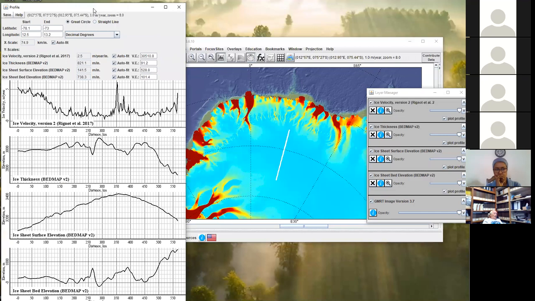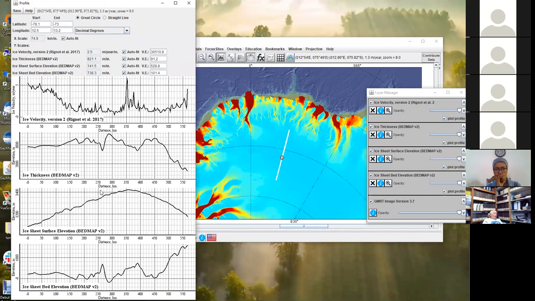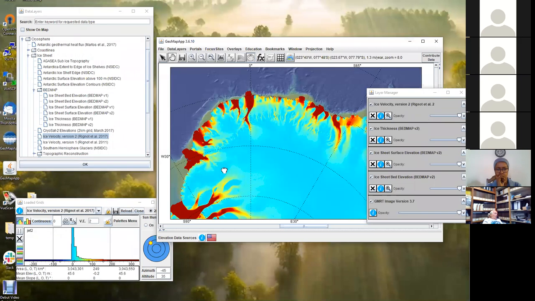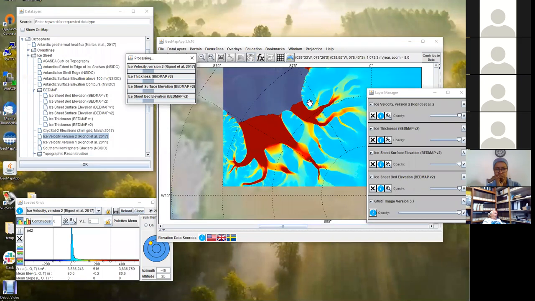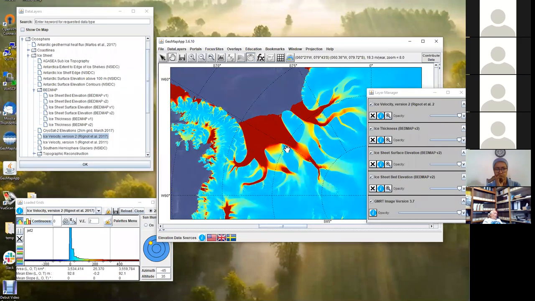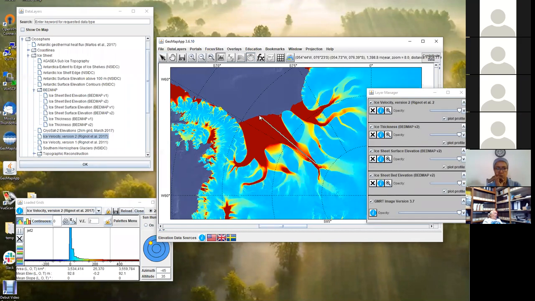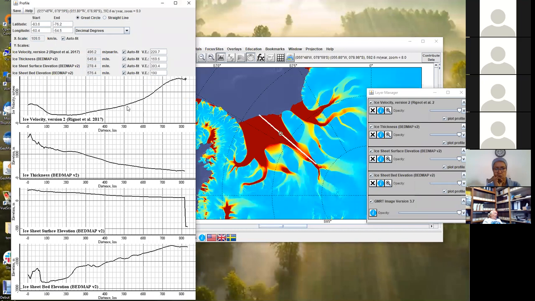And so now we have the same data sets that we had before, and now we have the ice velocity as well. And if we were to look down in this area, and this is just spectacular, then we can see, it's almost like artwork to me. Then you see the really fast speeds in here. We're at what, 1,000 meters a year. And if you were to draw a profile, then you'll see how the velocity goes way up as you get close to the edge of the shelf. Okay, so